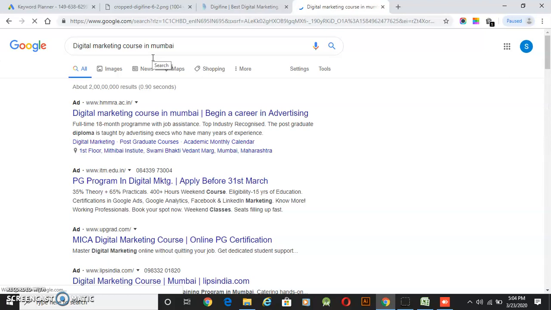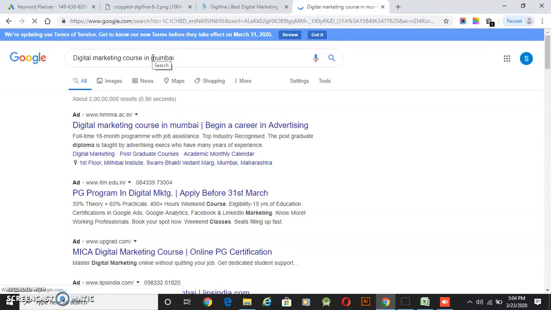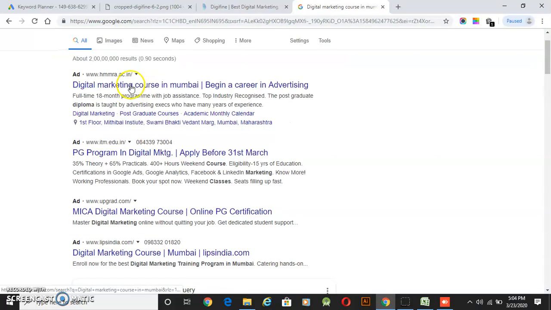Okay. So I can see some changes in the result. Now hmmra.ac.in is ranking at the top, then itm.edu.in again, then there is upgrade MRCA digital marketing course online PG certification. But now when I see, for me the first two look very relevant, and then goes my third one, fourth one, Lips India. Basically that looks again relevant to me,